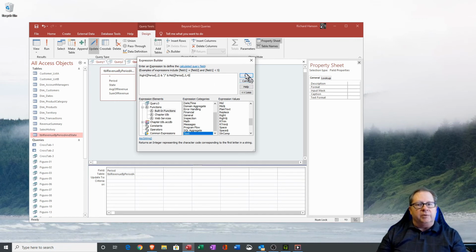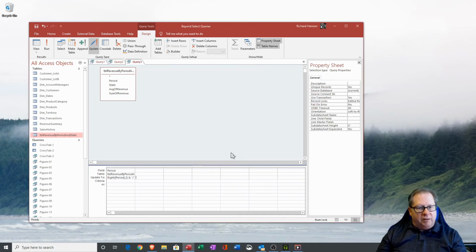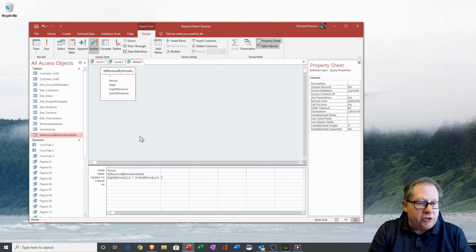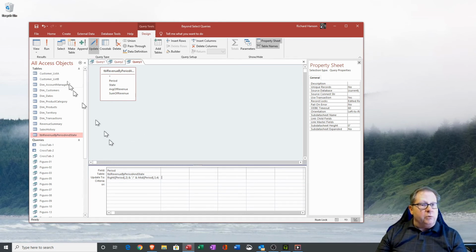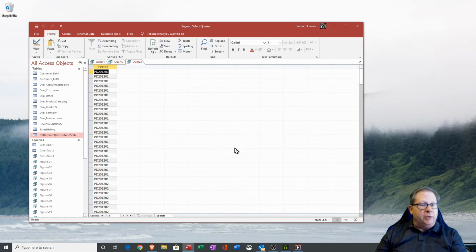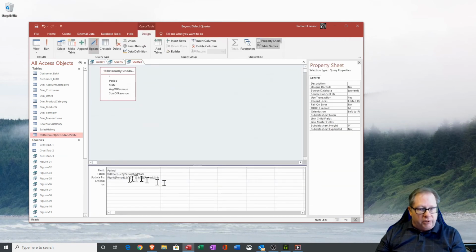And there's my formula. I'm going to click OK, and I just like to tab out of it so that it does a little bit of syntax error checking for me. Access likes it at this point, and if I were to then view it, it would give me the values that are going to be changed. It does not give me the value that it is going to be changed to. If I wanted to see that, I would need to put this formula, I can copy it here, and